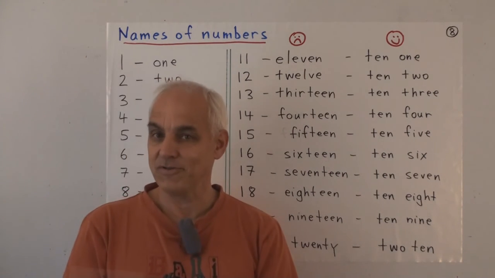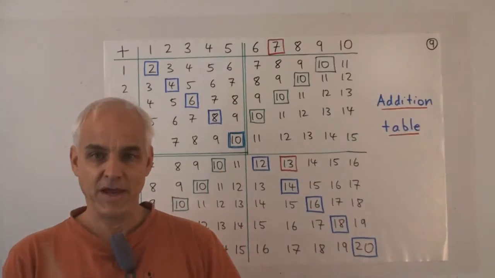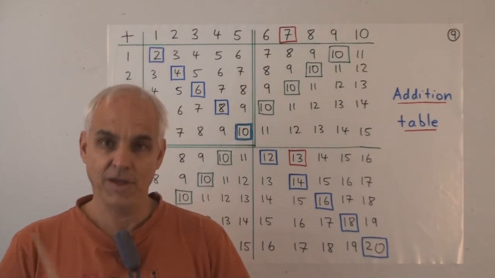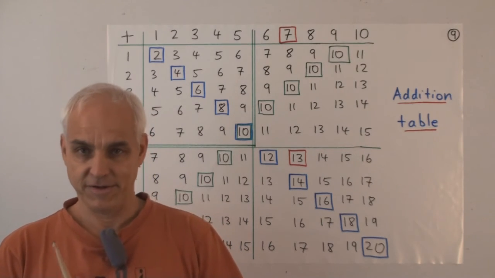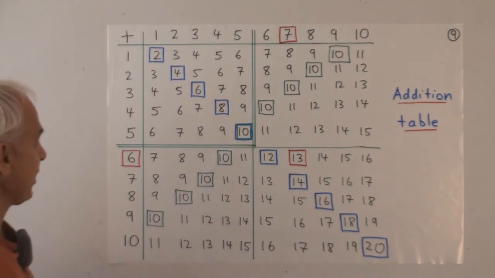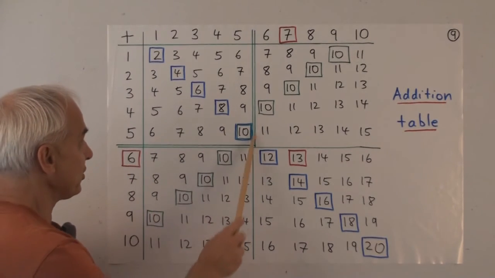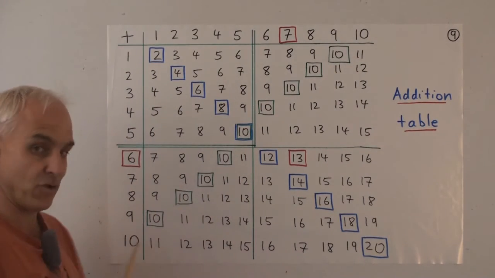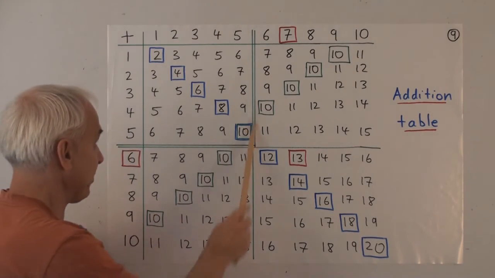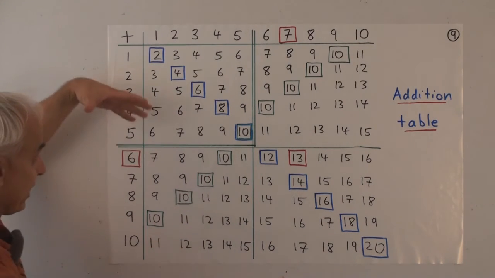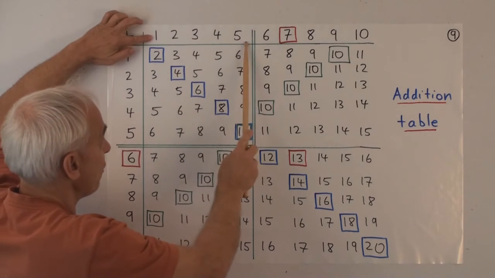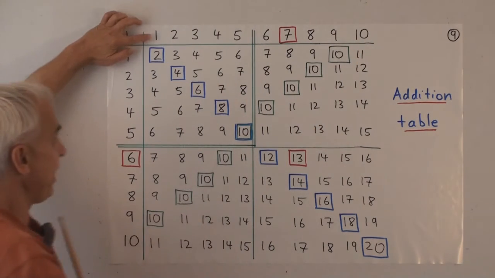an alternative possibility. So here then is the full addition table for numbers in the range 1 to 10. It's a lot like our earlier addition table, which in fact is just here in the top left-hand corner. That's exactly a repetition of what we were talking about before. But now we're extending it so that the numbers go not from 1 to 5, but up till 10 in